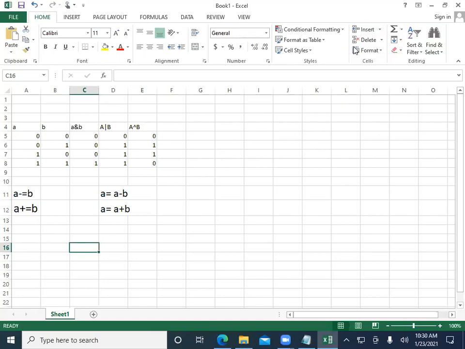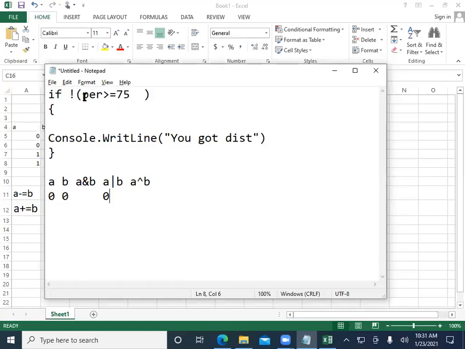Sir, I said. Okay, here we check not equal to. It means percentage not equal to, greater than 75. When we use the AND operator here, it means both the conditions must be satisfied. Here percentage must be greater than 75 and here percentage must be less than 100.